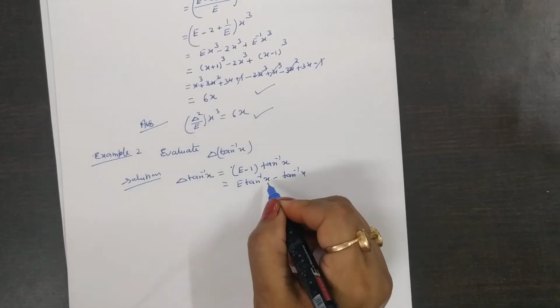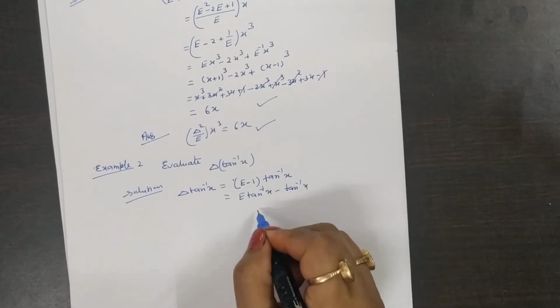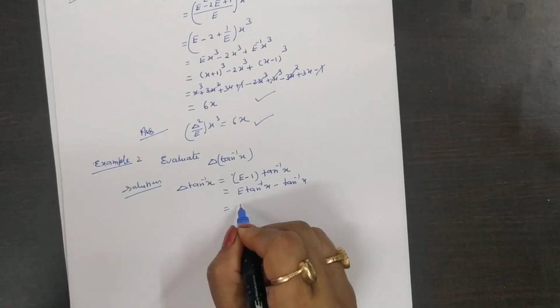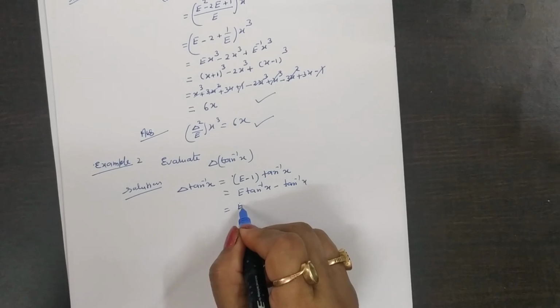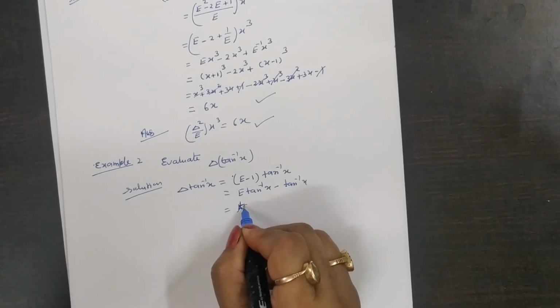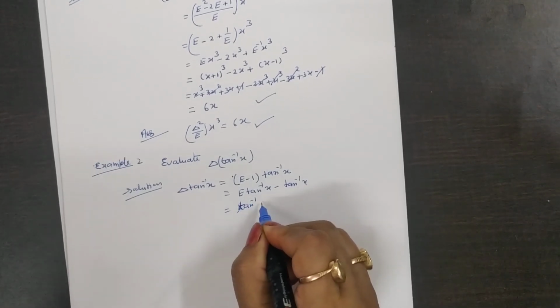You know that this is f of x plus h, therefore this is equal to tan inverse of (x plus h)